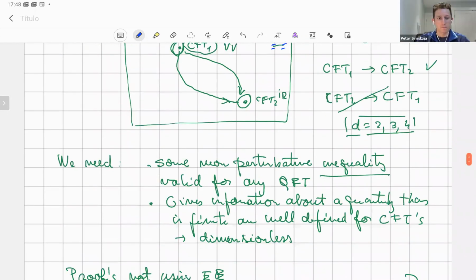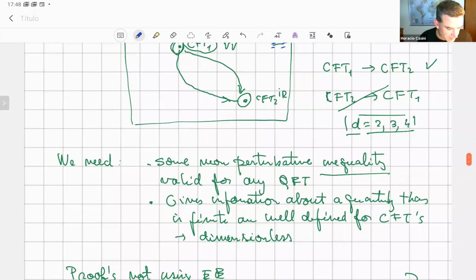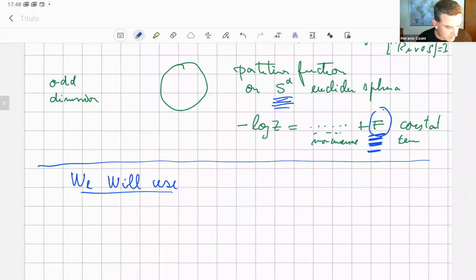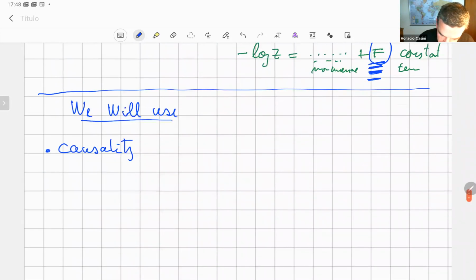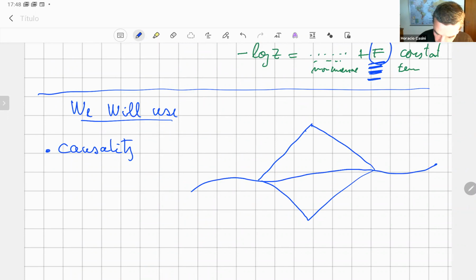Yes, thank you. So we will use three properties. One is causality, in the sense that, I haven't mentioned this before, but if you have a region, so suppose you have a Cauchy surface in the Cauchy space, and you select your region B like this. Then if you have another Cauchy surface that goes like this, B prime,